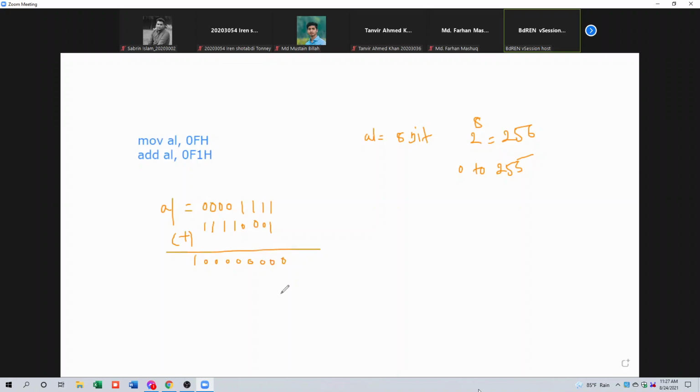This is the result, right? So this is a 9-bit result, and after the operation, we can change the value of the zero flag register. That is, the result is 0, so ZF equals 1. But what about the carry flag register? Its value will be changed when the result is too small or too big, I mean, if the result is out of the range. So after this arithmetic operation, we got a carry bit, which means that this result is obviously greater than the range, isn't it?